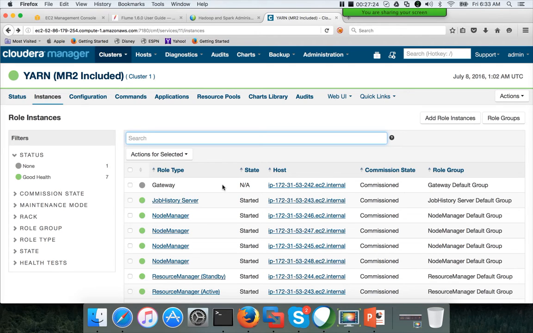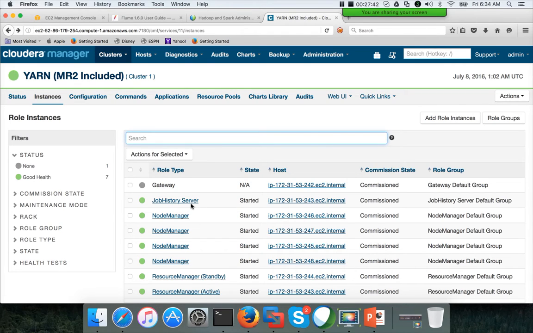Okay. And then we have the active resource manager, the standby resource manager, and the job history server. These 3 are considered as masters. In this case, the job history server is deployed on 243. You can have it on any node in the cluster.